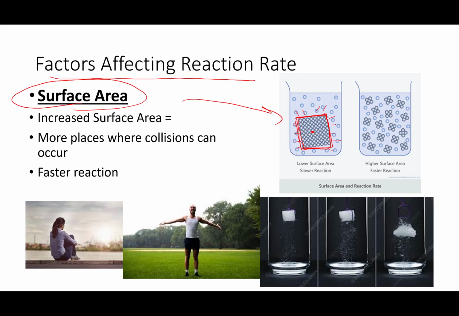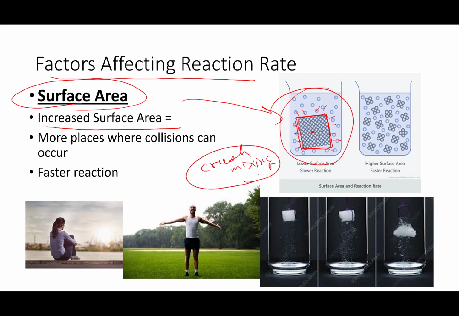They don't have a chance to react with all of the chemicals that are surrounding them. So if you can increase that surface area, how do you do it? Well, very often you can do that by crushing or mixing. By crushing and mixing those chemicals, you can have a greater quantity of chemicals touching each other, and the reaction is going